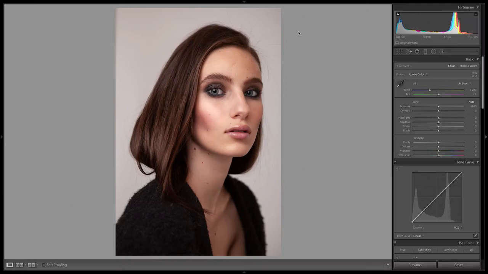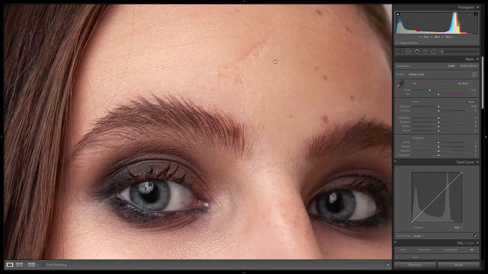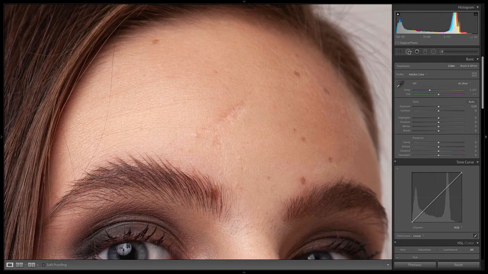All right, so now I'm going to continue working with this portrait just to show you a full edit of what I would do with this portrait using just the techniques that we've learned in this section of the course, not really playing with any of the other settings. So we've already had this face contouring that I've added. So next, I'm going to get rid of this scar right there.